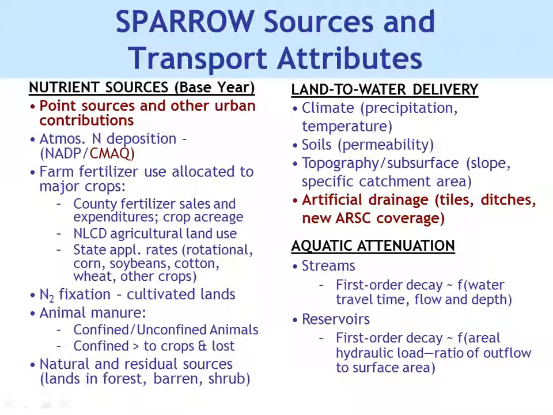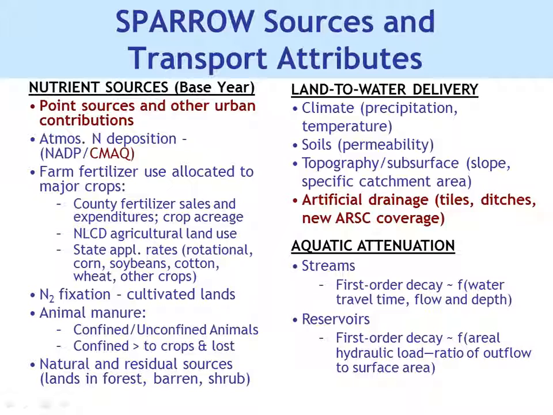Now, all the inputs. We really have to get the sources down. If we don't, they're going to bleed into each other. So for our models, what we're trying to do is come up with what's coming in from point sources in urban areas. This is one of the major revisions that we have, and I'll talk about that in a little while: we spent a lot of time trying to come up with point sources for the area. Urban areas, for the most part, use a unit area load. I'll show you that. Then atmospheric deposition, farm fertilizers,